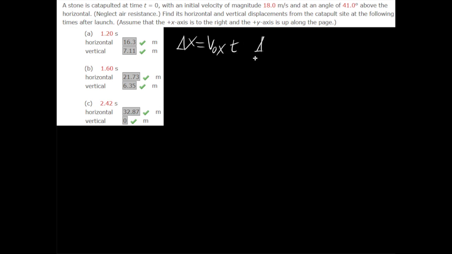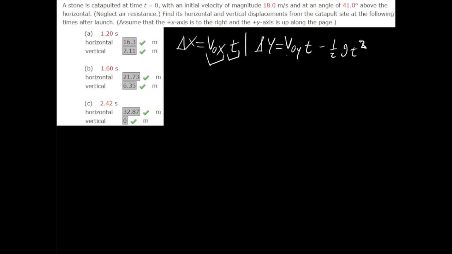And for y, we have v0y times t, but then it's minus 1/2 gt squared. So all we need to know here is the time, which is given for each of these, and